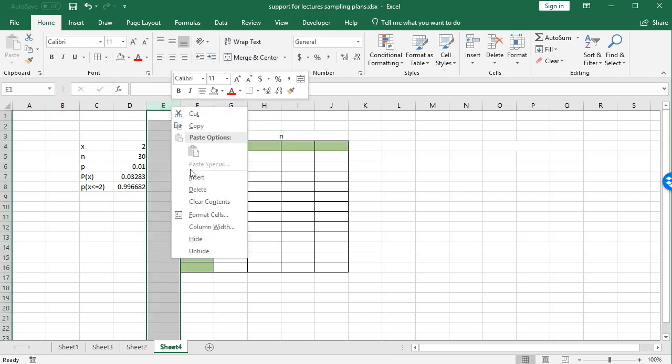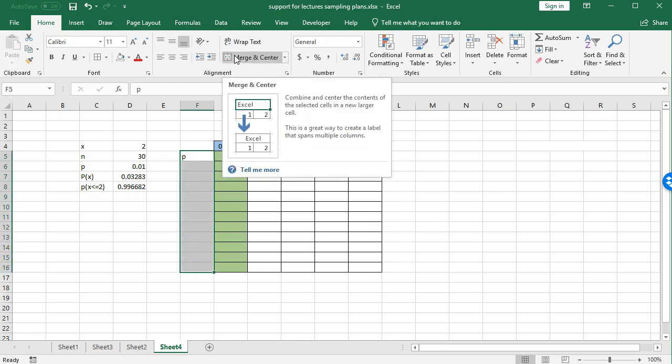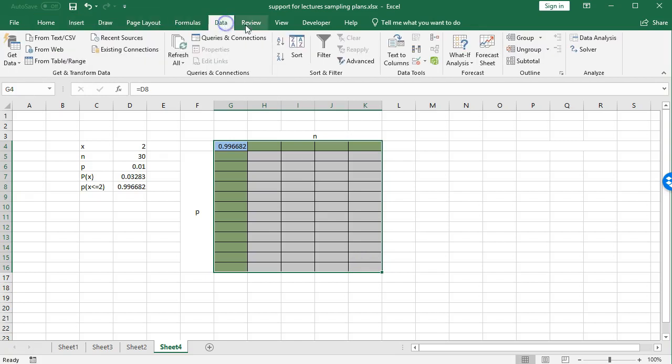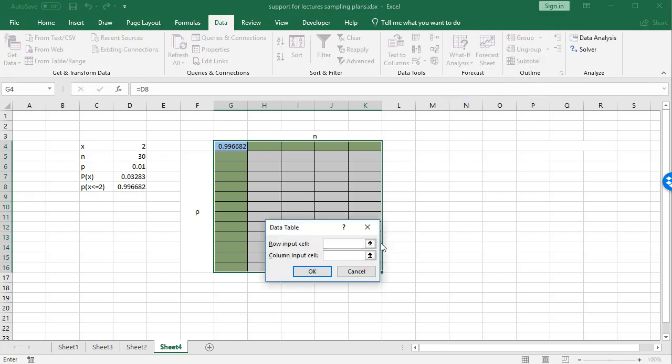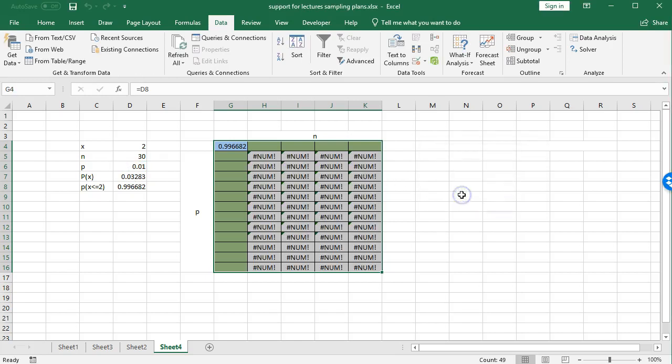And we are going to be changing the proportion of non-conformities. So we can highlight that table and select Data, What-If Analysis, Data Table. The top row is going to be associated with n, in this case 30, and the column input cell is going to be associated with the proportion of the defective. In this case, it's 1%. I have not yet entered the numbers, so I'm getting an error there, but I can fix that by entering